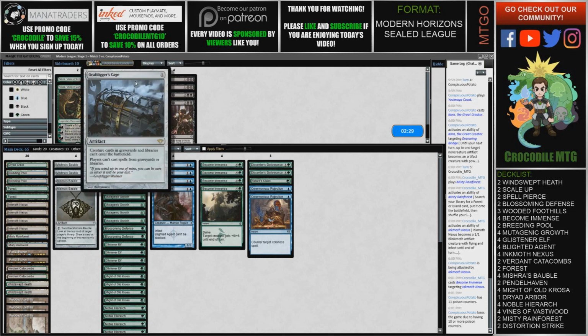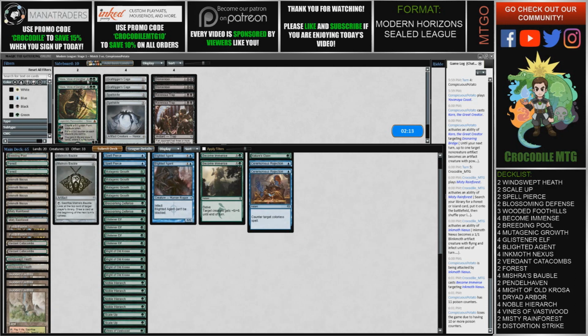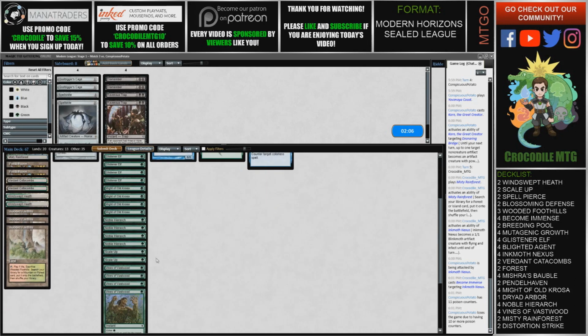Cage only stops creatures from entering the play. Players can't cast spells from graveyard or library. So Whir just puts the artifact on the battlefield, so I don't think that's something we want. Nissa, I think, is something we can probably pass on. Let's see what we're cutting, I guess. Scale Up's good. Vines, I'm kind of curious if we need, simply because I don't think our opponent...